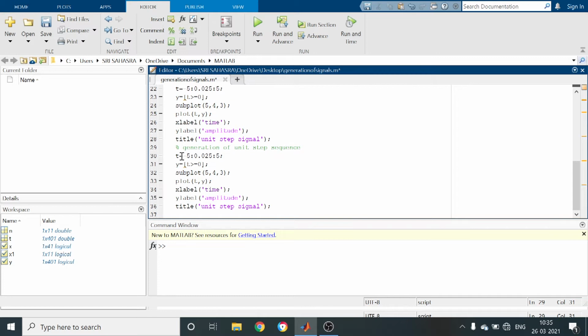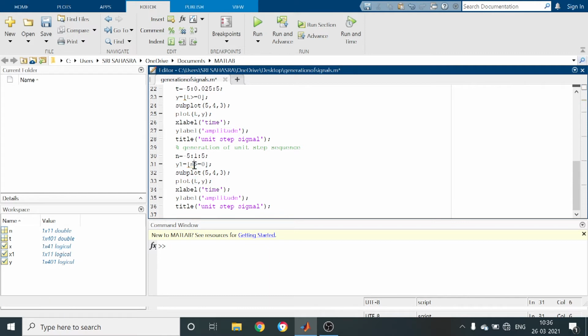So in this sequence we are going to take time variable n instead of t. Because this is a discrete time signal, we are going to take separation 1, and I am going to assign the unit step sequence to variable y1.